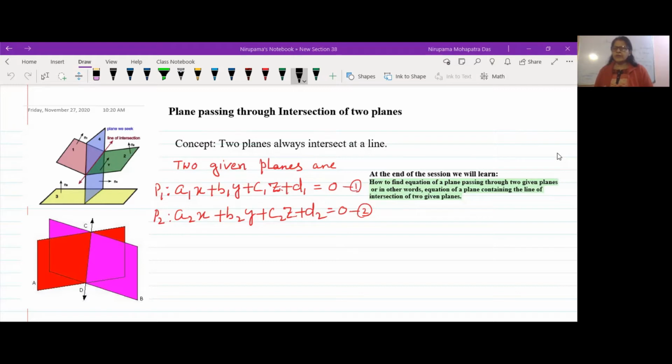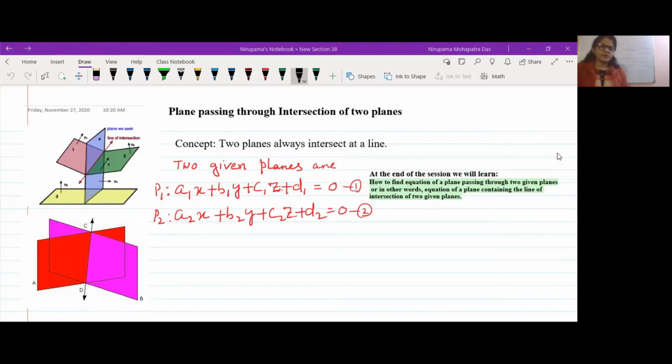As you know, whenever we take two straight lines, they intersect each other at a point. Similarly, whenever you take two planes, the planes intersect each other at a line. And from your day-to-day observation, if you look at your house, if you see the four walls of any room, any two walls meet at a line.